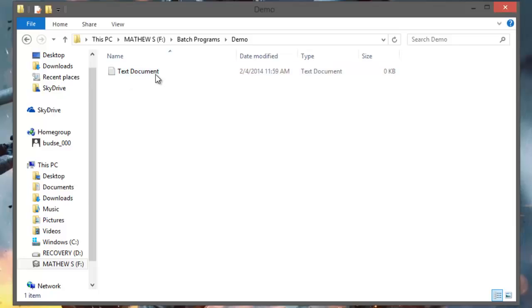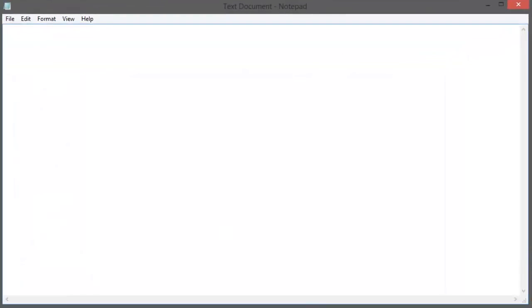First of all, you're going to want to create a text document. You can rename this text document whatever you want to, but it really doesn't matter because we're going to be saving this as a different file type. And once you get that done, you can open up the text document and do exactly as I do. What you're going to want to do is type @echo